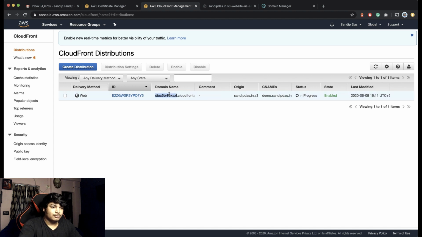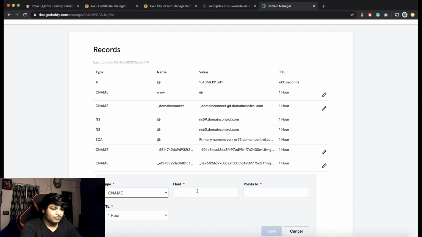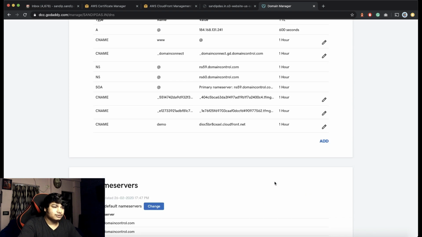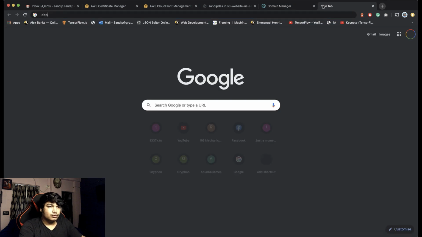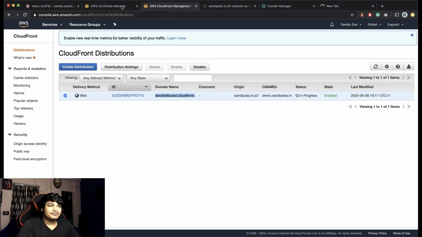Now it will give you a domain name here. Come here, domain record manager. Click on add, then select CNAME, say demo, then the pointing URL here. Save it. If we go to demo.sandeepdas.in, it's gonna take some time, and that is completely fine by me.